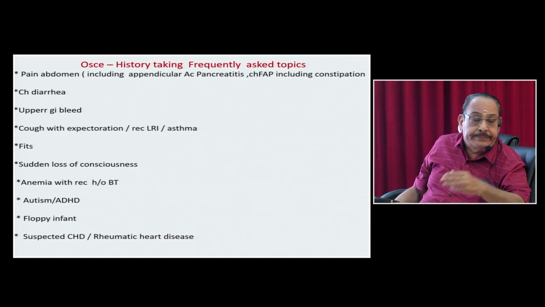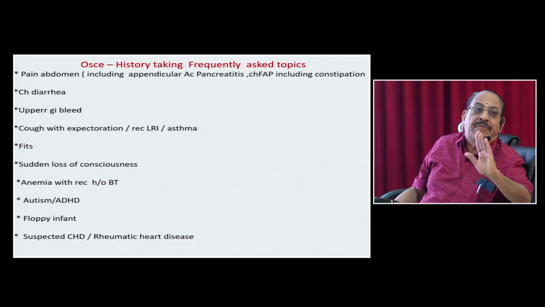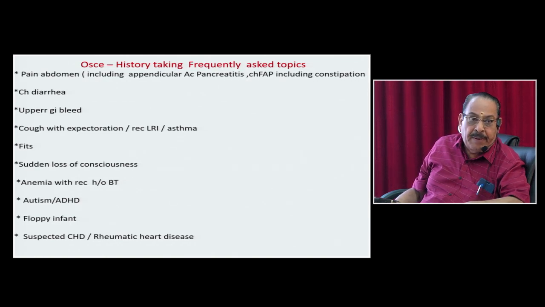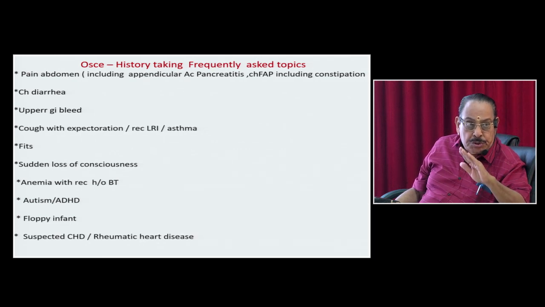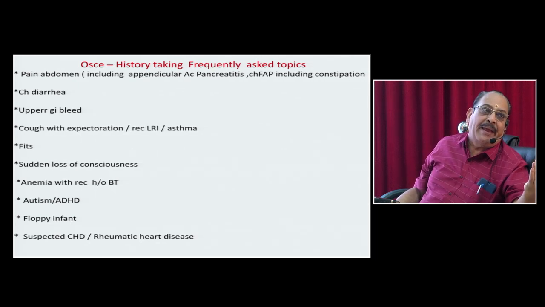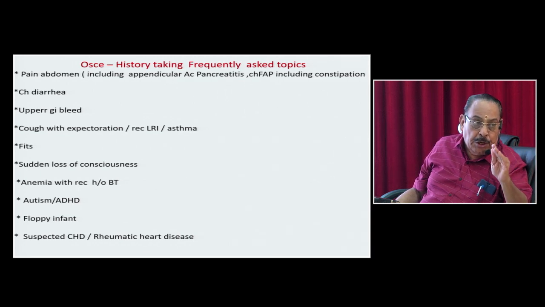So what tells you that it is likely to be organic? Red flag is sleep awakening pain. I have seen people describing nocturnal pain. Nocturnal pain is not sleep awakening. Nocturnal pain, the child doesn't sleep at all and they get the pain. But sleep awakening pain is the child goes to sleep, gets up with pain during deep sleep. That shows that it is likely to be most often organic, sometimes functional, never psychological.